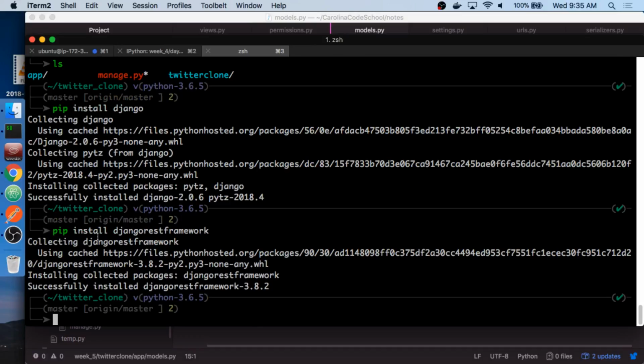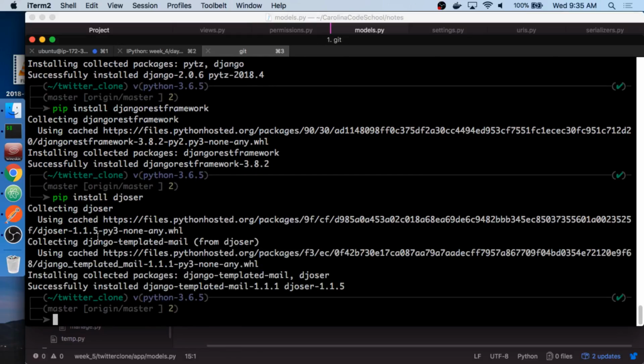It should be cached, so it should be pretty quick. Yes. Okay. We're also going to pip install this new library called Djoser. It's already installed?